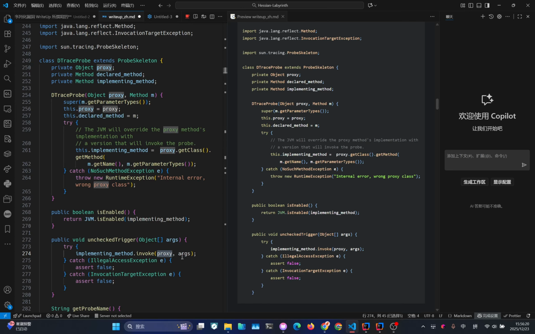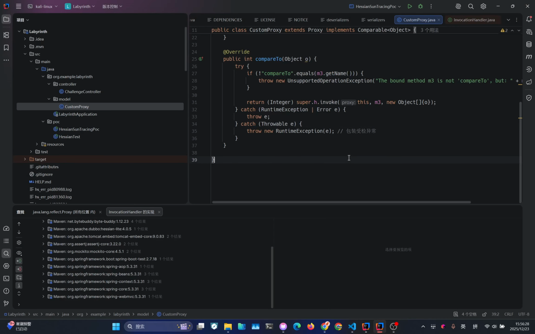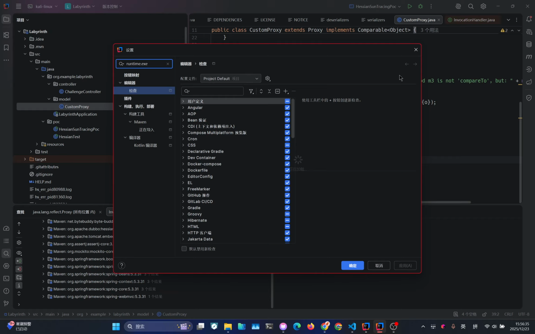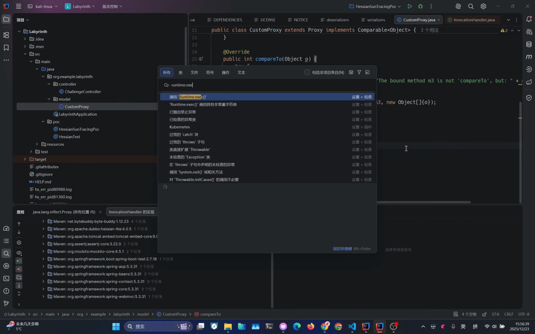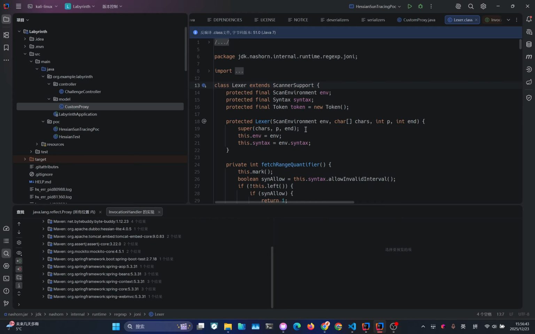Many class methods do not require parameters, such as Runtime.getRuntime and exec. These methods do not require parameters,